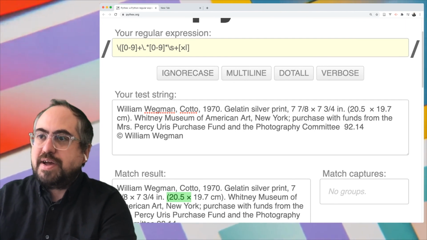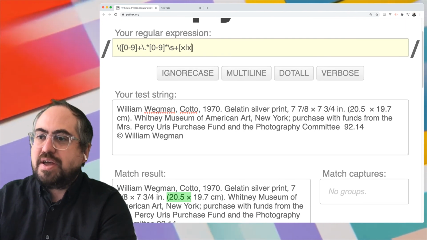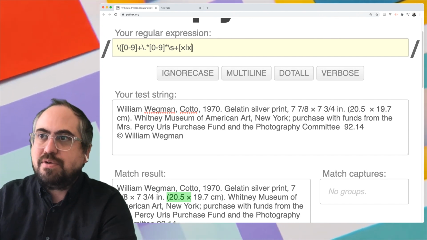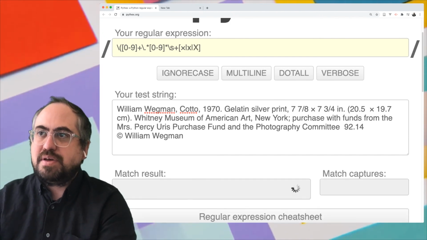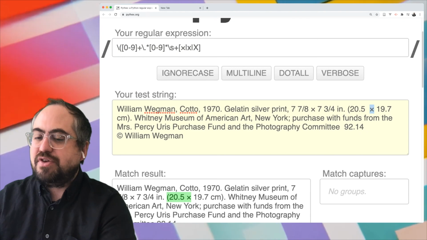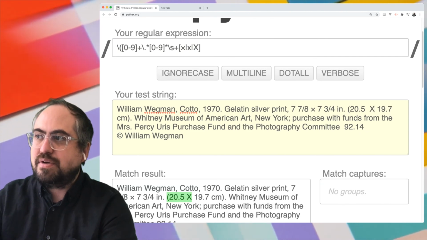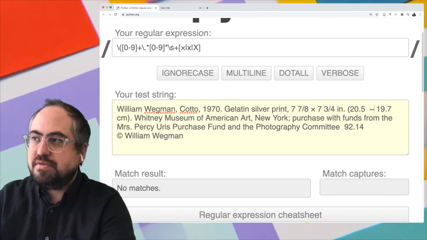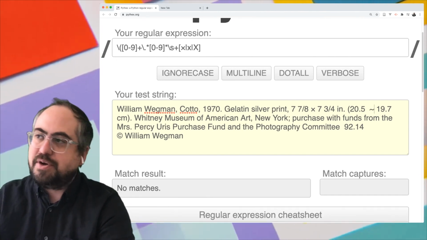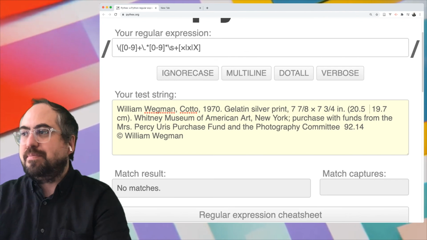But you could also put a range of characters in there and say, okay, it could be a multiplication symbol, it could be a little x, it could be a big X. So if this changed to a normal X, it'd still work. If this changed to a big X, it would still work. If this changed to a total sign, it would not work, right? So you can make this a